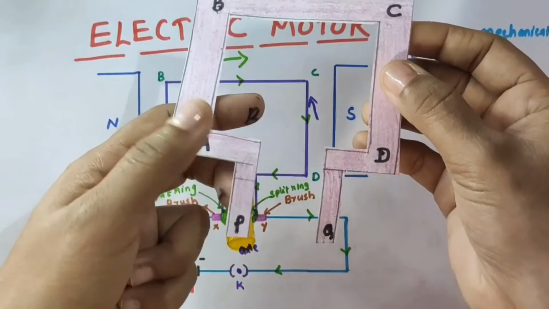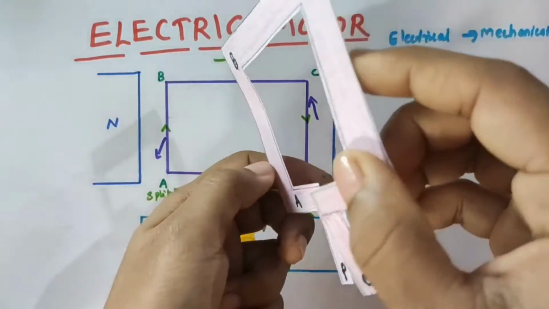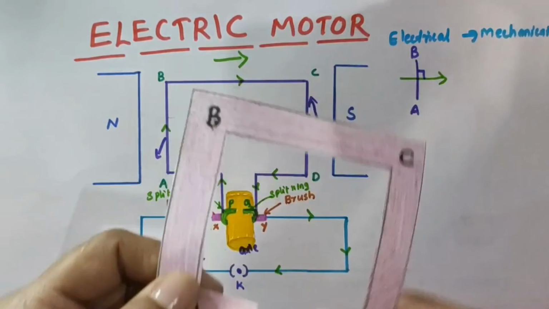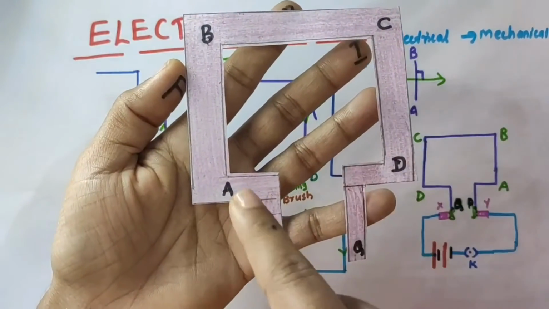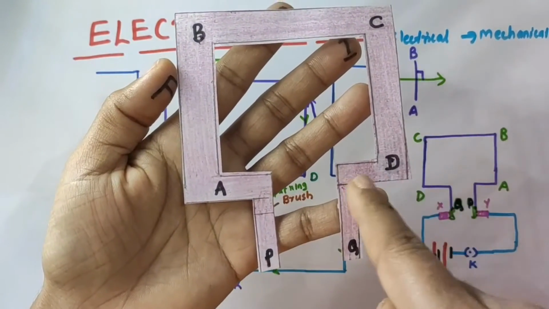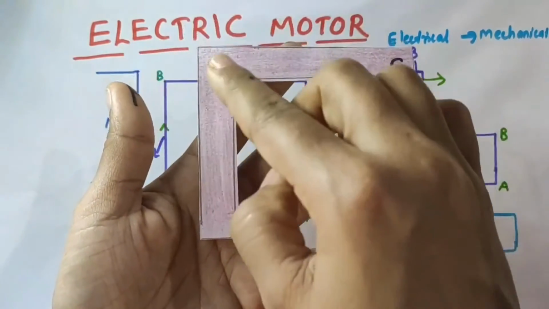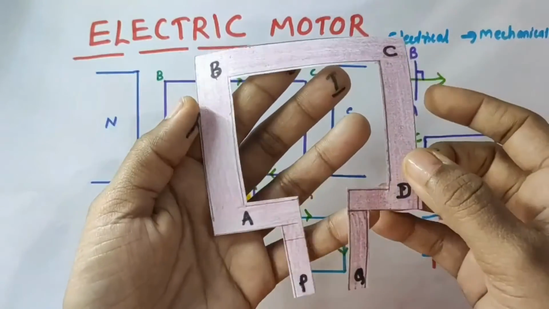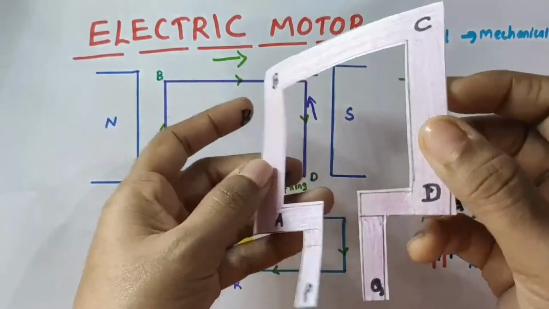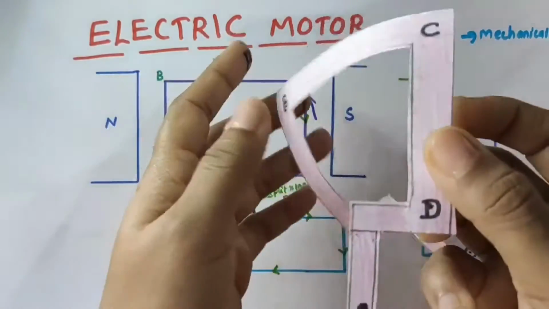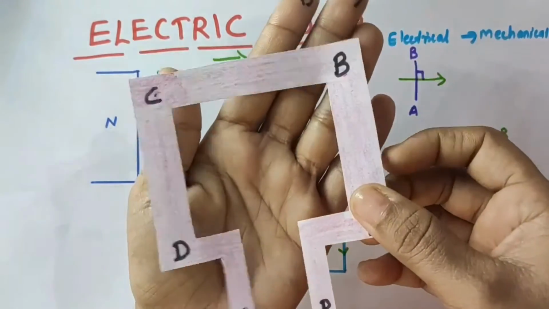Now you see the P and Q also will do their work. When the coil rotates, the split rings also rotate. Initially the coil ABCD is like this. A is connected to P, D is connected to Q here, and we have seen that the AB arm is pushed downward and the force acting on CD pushes upward. So this coil is rotating in this way. This is the pattern in which it rotates itself.